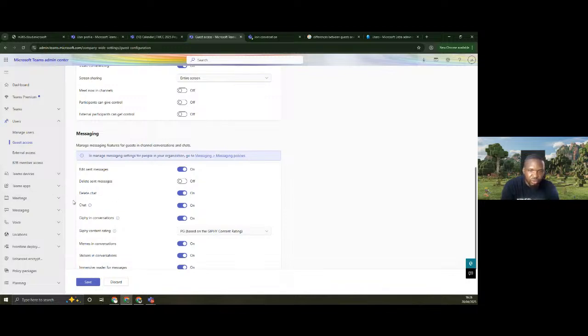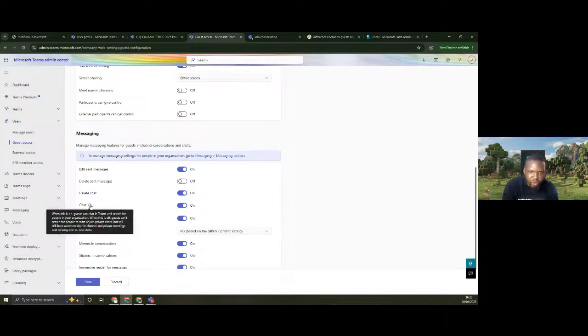So sometimes you wonder, what's the difference between chat and messages? That you may also want to check out, because it's a bit confusing to me. And if you have the response on how to distinguish between message and chats, you may want to also let me know. But in my mind, I'm thinking that sent messages could be talking about messages in channels, while chats can be talking about a one-on-one. I may be wrong, right? But do you want to even disable chat for them in the first place? You can also disable chat or enable chat.